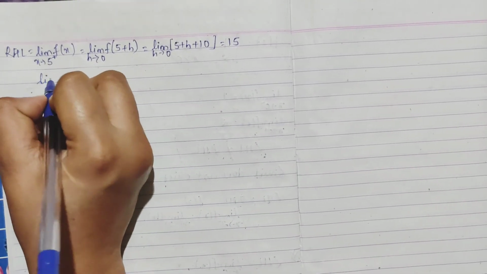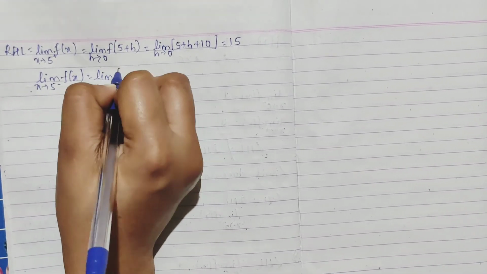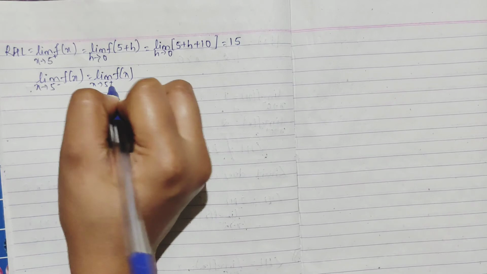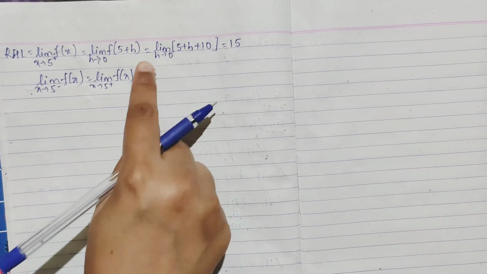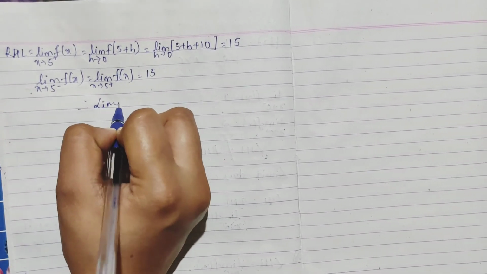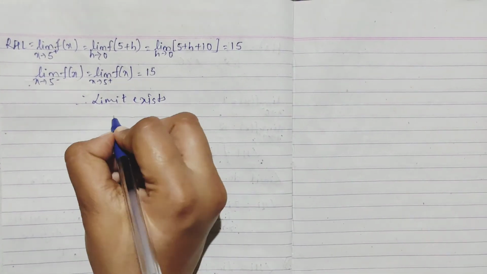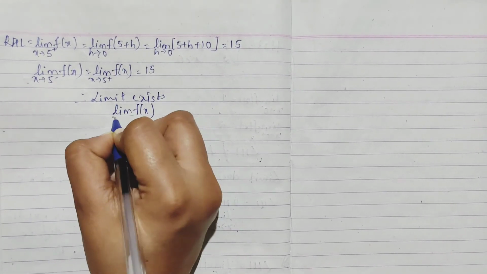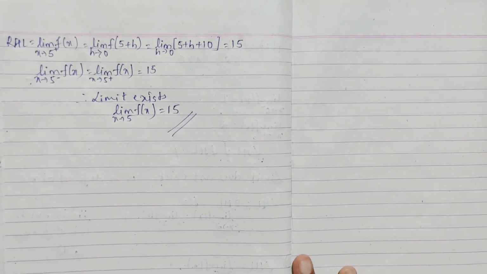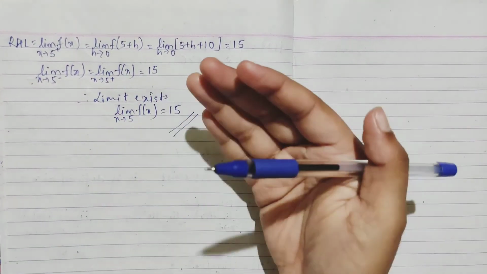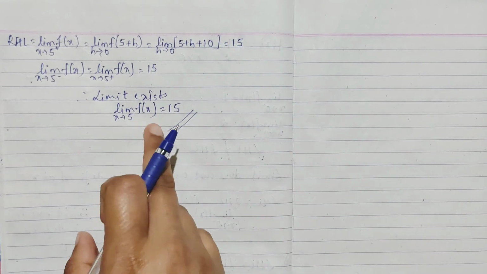So, as you can see, the limit of f of x as x tends to 5 from the left and the limit of f of x as x tends to 5 from the right, you are getting 15. So, when LHL and RHL are equal, you are getting a common value, which means your limit exists. And when it exists, the limit value will be limit f of x as x approaches 5, its value is 15. So, this one I wanted to explain, how we apply LHL and RHL. When they are telling you about existence, you have to go for LHL, you have to go for RHL, then you will come to know your limit also.